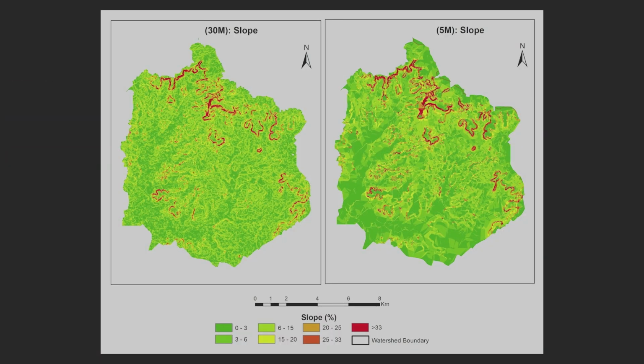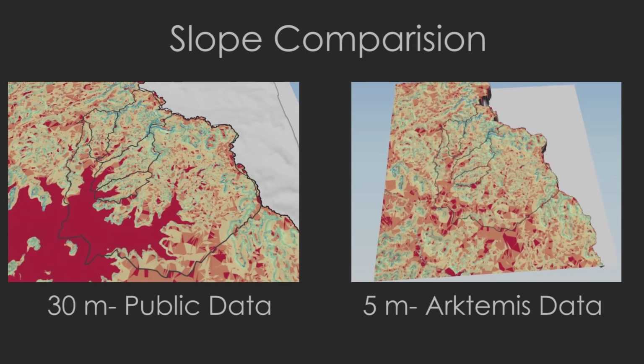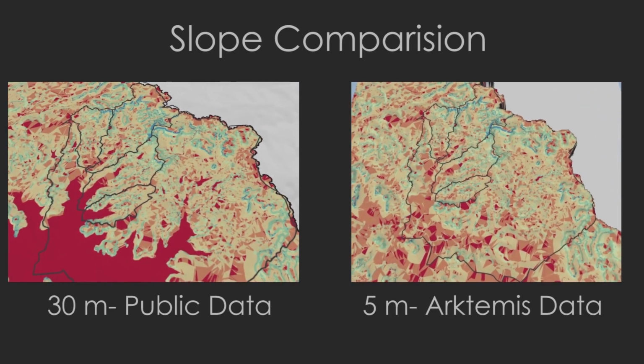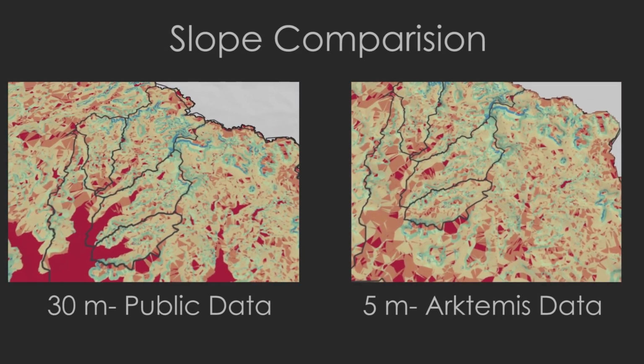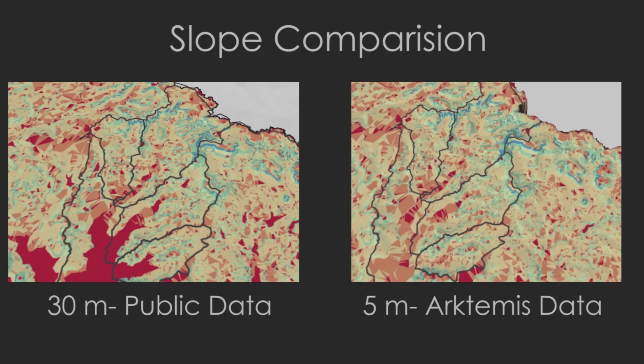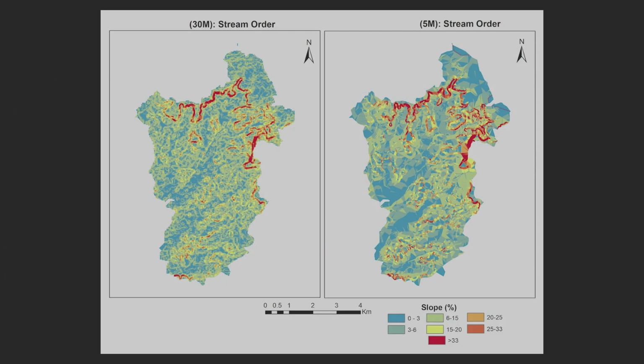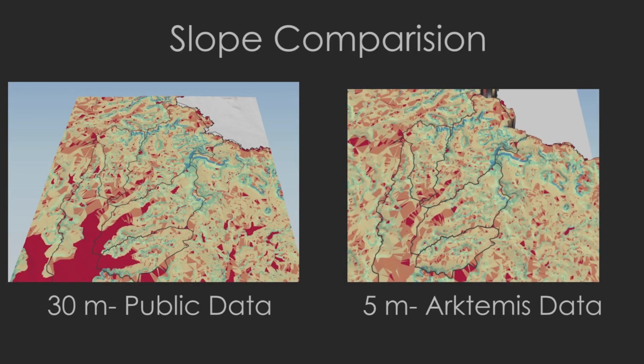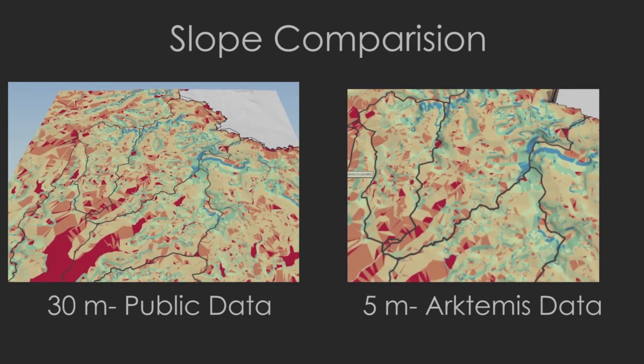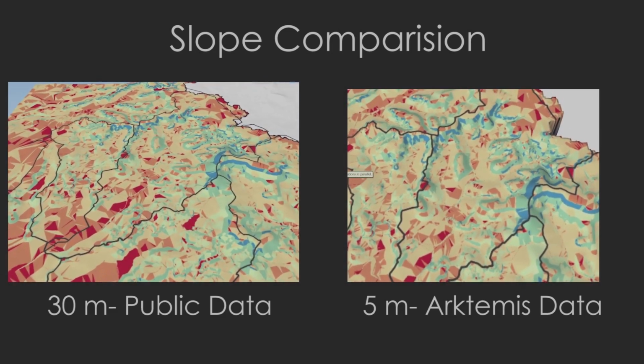Red, up to 3% slope. Orange, up to 5% slope. Yellow, up to 9% slope. Light green, up to 15% slope. Dark green, up to 33% slope. Blue, beyond 33% slope. Detailed analysis, when zoomed into, intricate slope variations are captured by the 5-meter resolution with 95% accuracy,